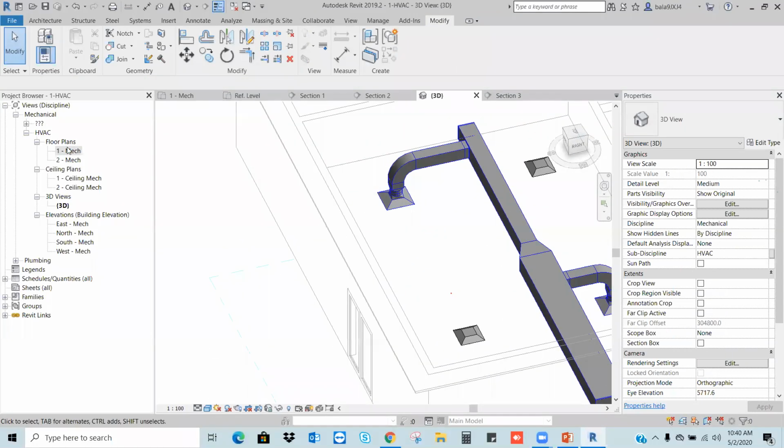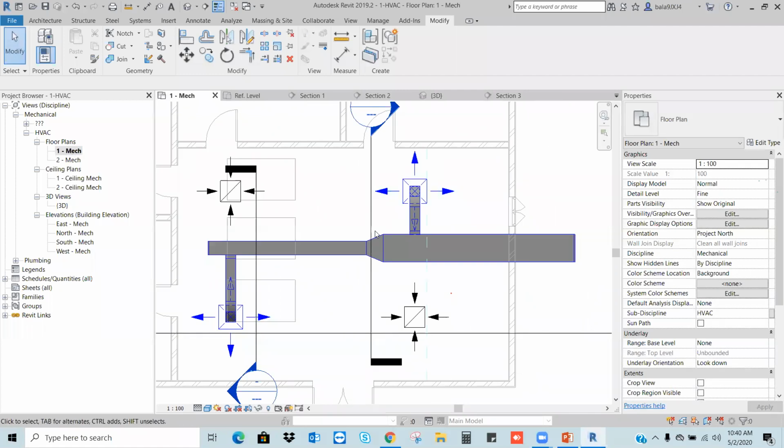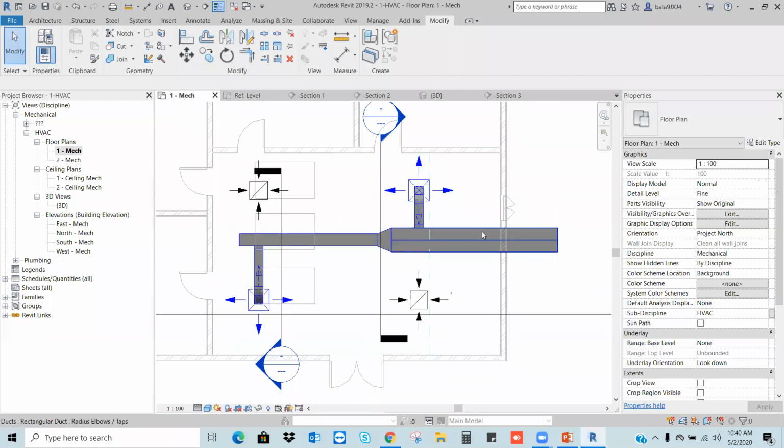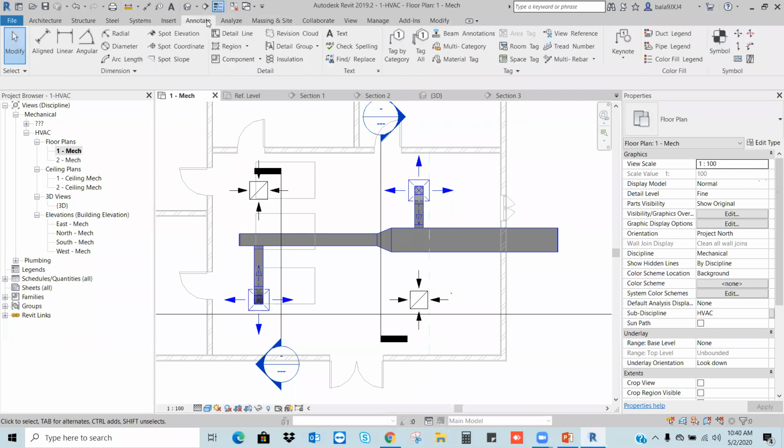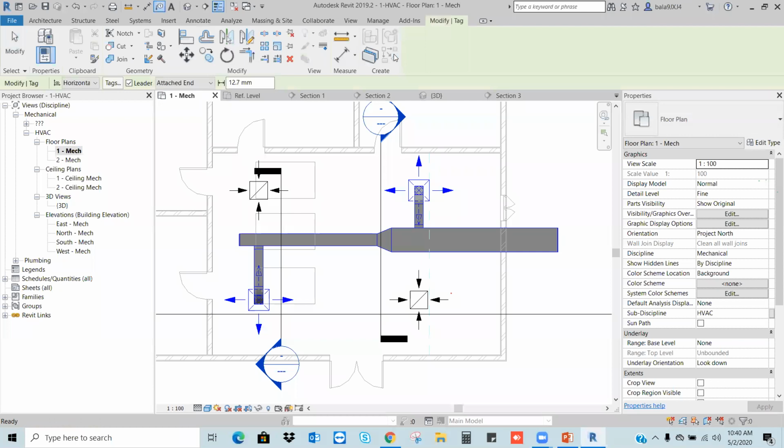Now I want to give the duct size as a tag here. Just go to the systems, annotate, tag by category. When I place my mouse, I will get the duct size. If I don't want the leader, I will remove the leader.